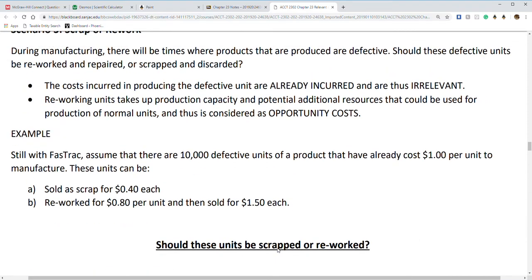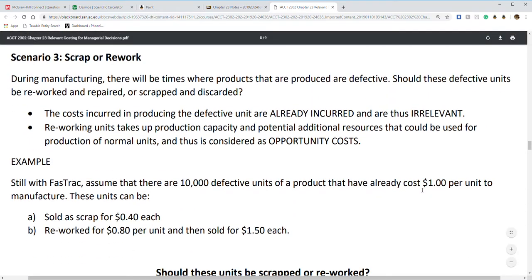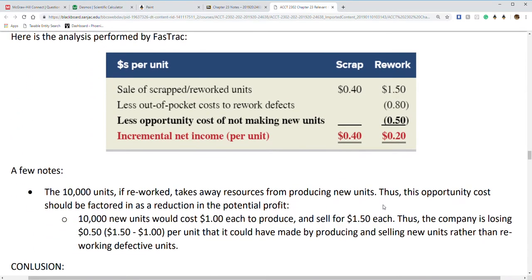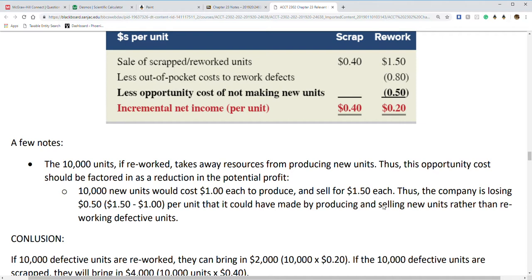Remember, it takes us $1 to actually produce 10,000 of those defective units. They're only going to sell for $1.50. Thus, the company is actually losing 50 cents on each one. There's $1.50 minus $1, so take your sell of each unit minus the cost that it would take to produce,